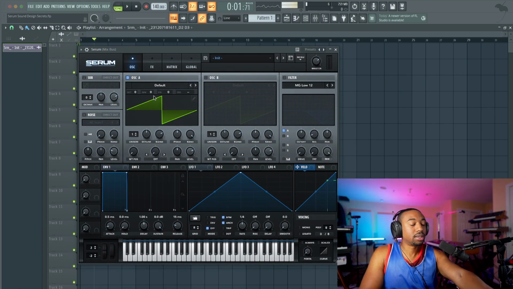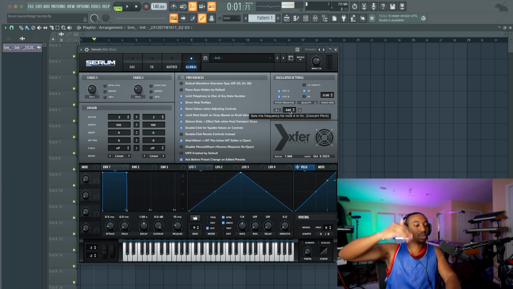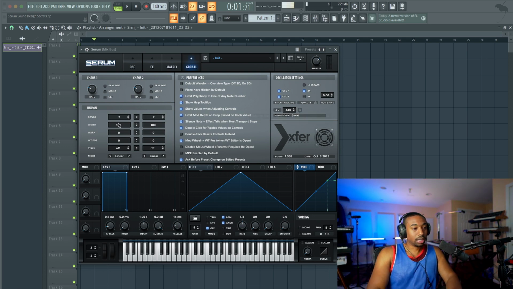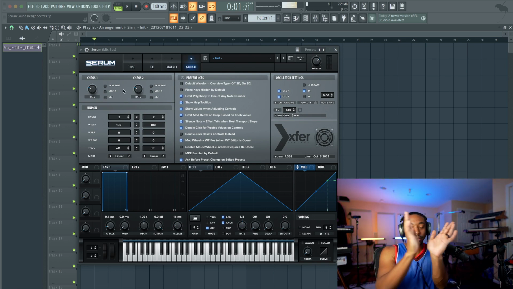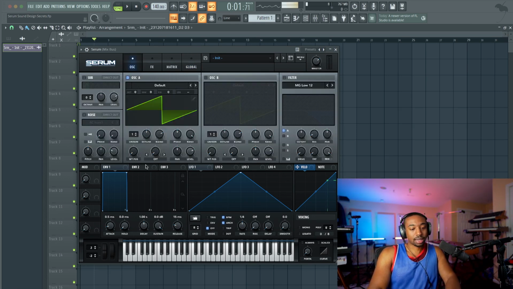Second secret about Serum is if you go to the global tab, you could change out the tuning. This will give you a very unique way to approach sound design because you'll get out of your typical routine of everything being at 440. You also have width knobs. Once you get into unison, you can pull your width. Instead of full stereo, you could pull it in a little more narrow for more power. We're going to get into the techniques. And lastly, these macros, people don't really use these a lot, as well as the key mapping and the velocity mapping. So let's create a quick sound here.